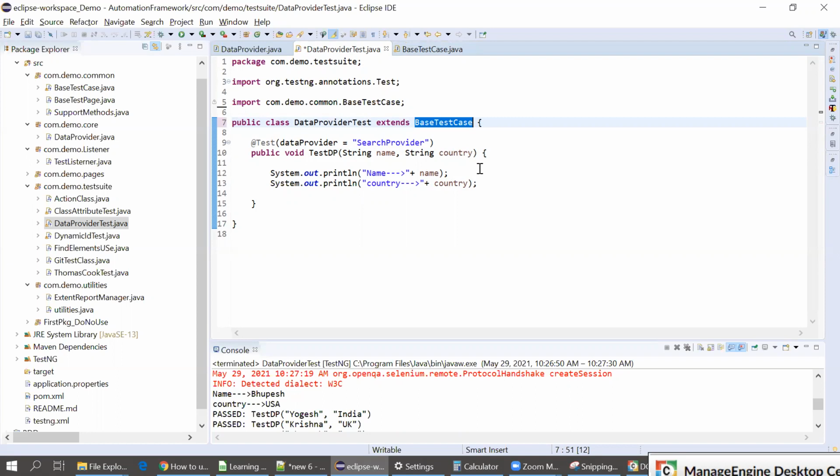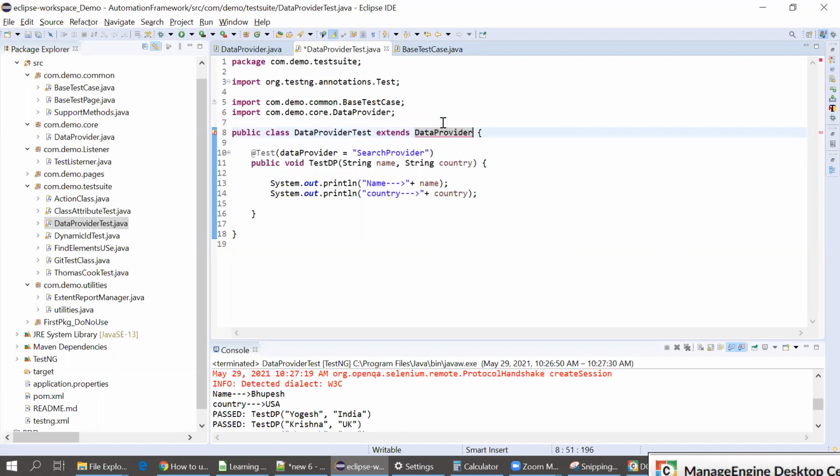Actually, the intention of why we are doing this is that we need the data provider method to be accessed in this class. So how can we access it? By inheritance, simply. That's why we have used the inheritance concept here. Now we can directly access the data provider here. That's absolutely not an issue. But again, for the before method and after method here, we would have to write them at test case level again. That will just break the flow. Okay, yeah, got it. Thank you.